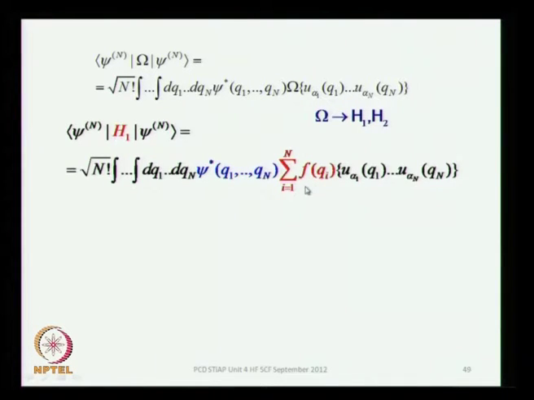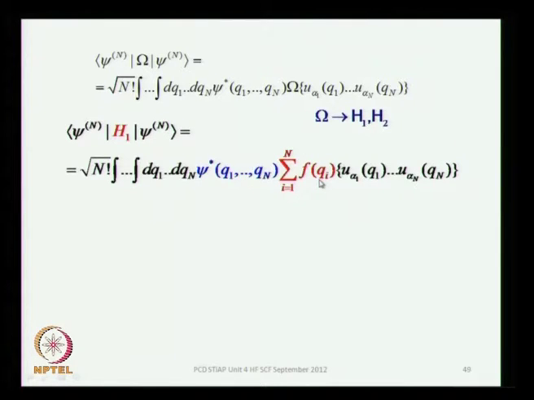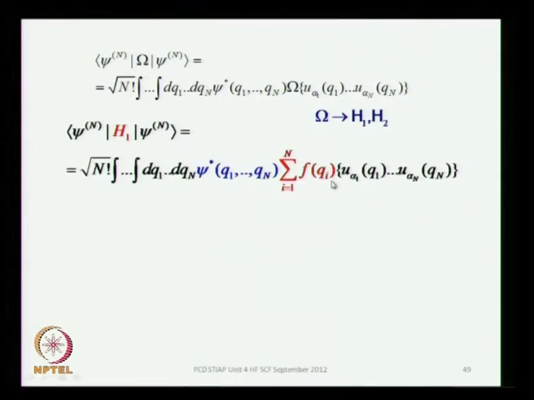Okay. So, let us do it first for H1, and what is H1? H1 is the sum of the kinetic energy part of each electron plus the potential energy of that electron in the field of the nucleus, the Z over R, or the Z A square over R if you like, right, that is H1. So, this depends on a single coordinate, which is why it is a single particle operator. So, f of q1 is that single particle operator, which is the sum of the kinetic energy part for the ith electron plus the potential energy of that electron in the field of the nucleus, that is f. So, f of q_i, summed over i from 1 through n, is your operator H1,